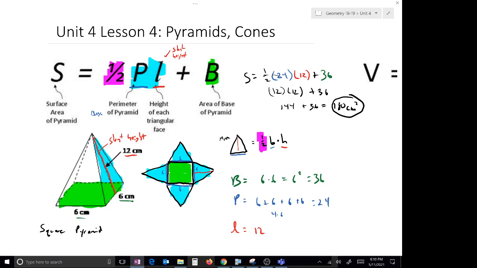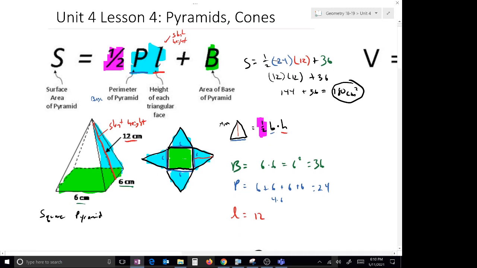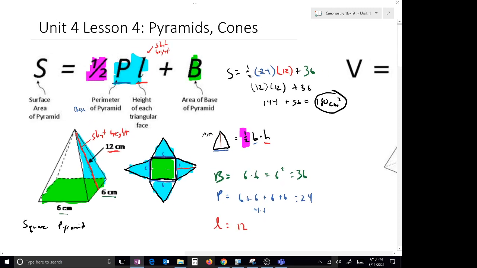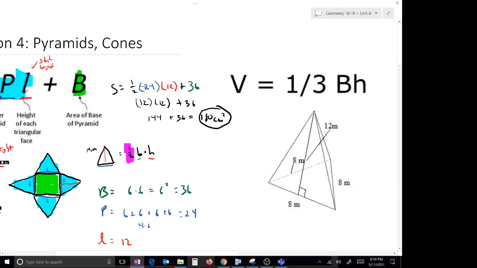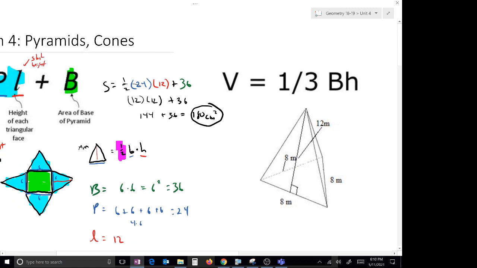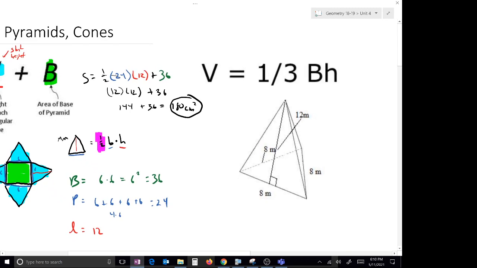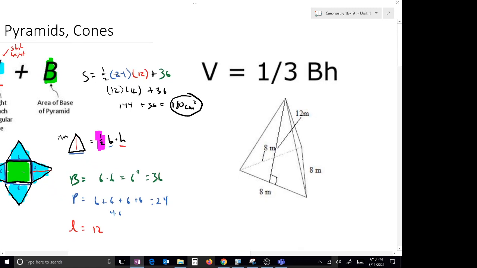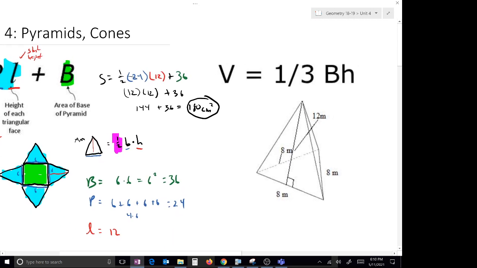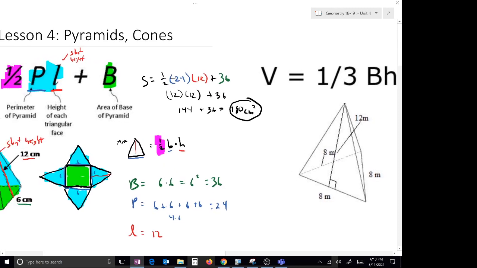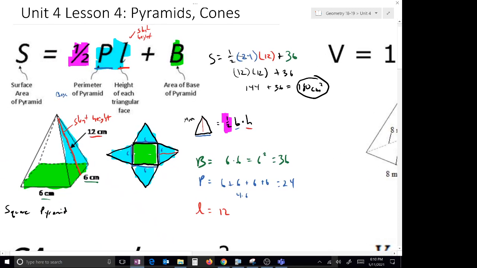All right. So there's the surface area for our pyramid. I was going to do this triangular pyramid to illustrate volume, but it's very complicated, and I don't want to get too far down the rabbit hole, simply because they don't give us a lot of things, and we'd have to do a lot of side calculations to work this problem. So we're actually going to use the volume formula on this pyramid here,